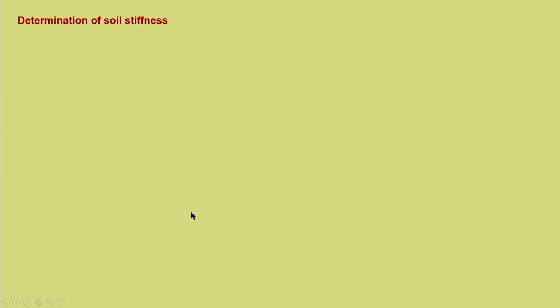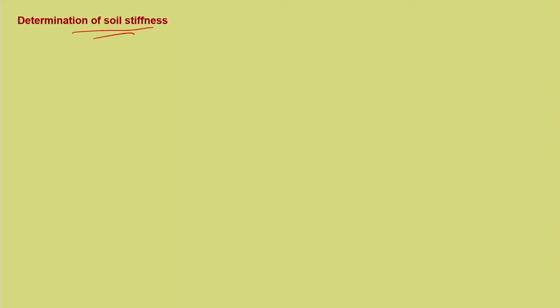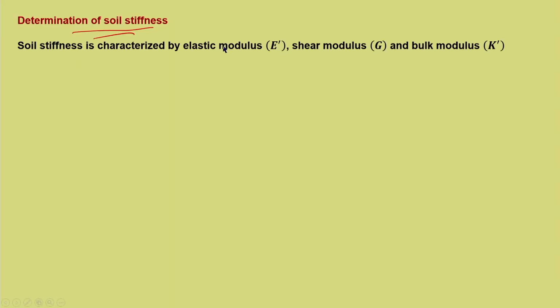Now, that is all related to the prediction, and another aspect that we can predict based on the critical state framework, or very specifically MCCM, is the soil stiffness. So, the next discussion is determination of soil stiffness. Soil stiffness is characterized by elastic modulus E dash, shear modulus G and bulk modulus K dash. K dash and E dash are shown with primes to show that this is relevant only for effective stress condition when it comes to soil